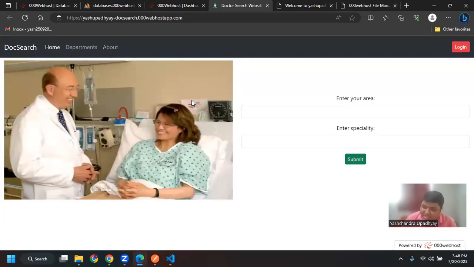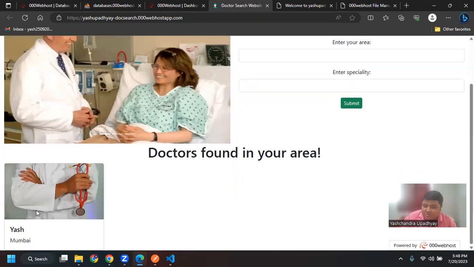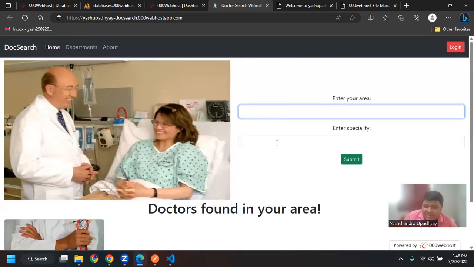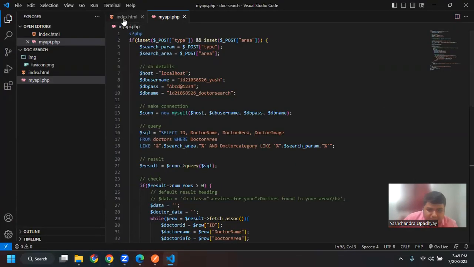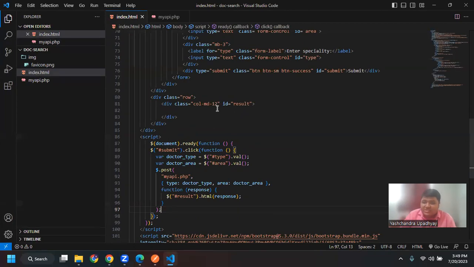I'm coming to my index page. Okay, let me check if this functionality is working. I'm getting doctor found in India. Now, why did I get the information if I don't have anything written? Because in index.html, I'm not using any kind of validation to check if there is some information inside this input. So your assignment will be to use JavaScript and make sure that the user is typing something before he can